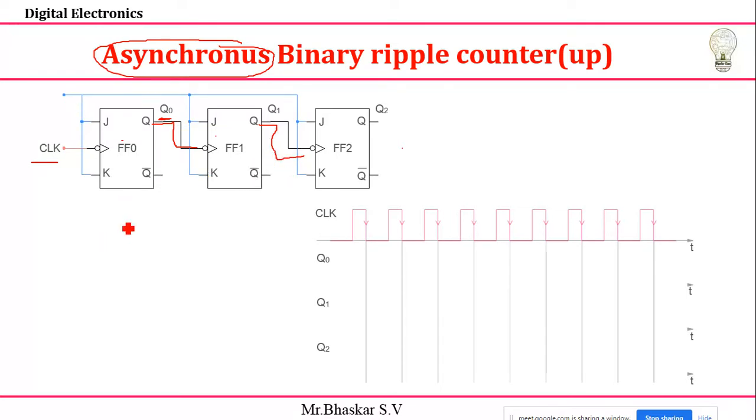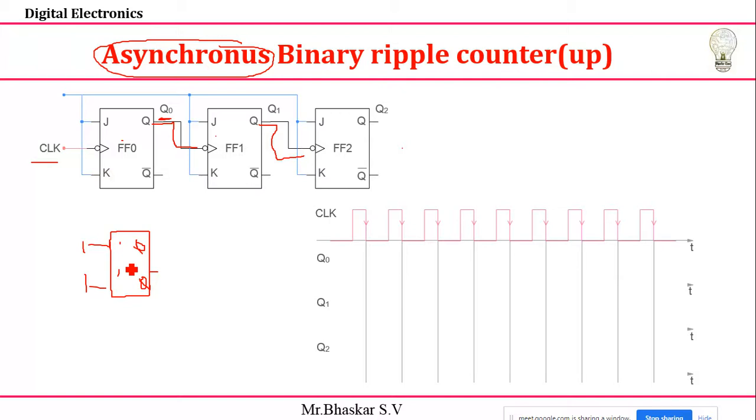You already know that if I use a JK flip-flop and both the values, J and K, are 1 1, then what is the action we are going to take on Q and Q bar? What is the action name? What will happen if both the values are 1 1? Yes, it is called toggling.